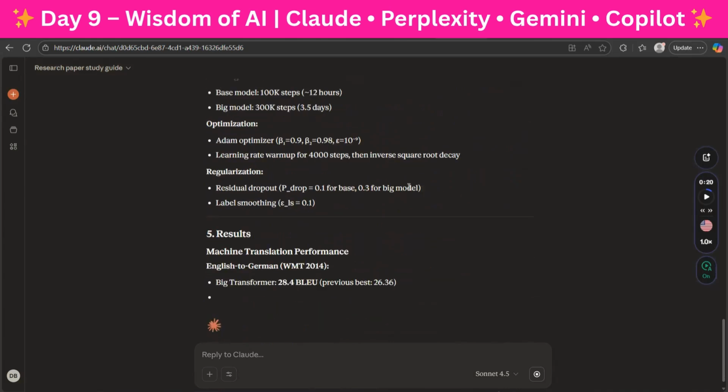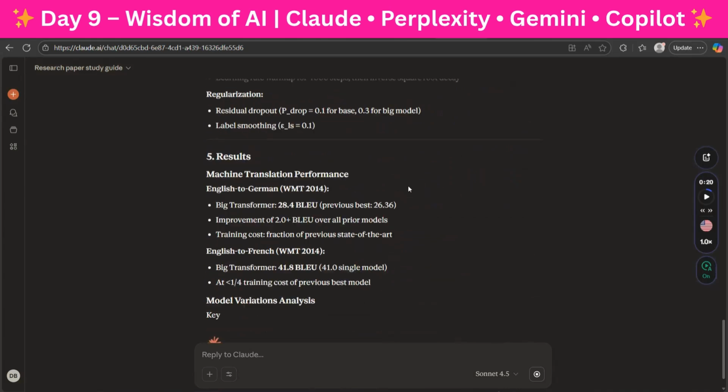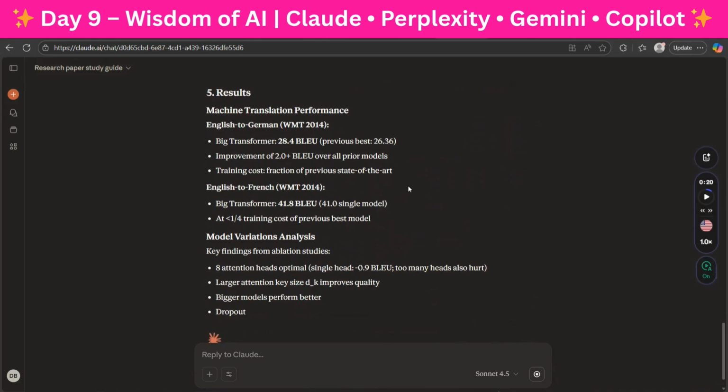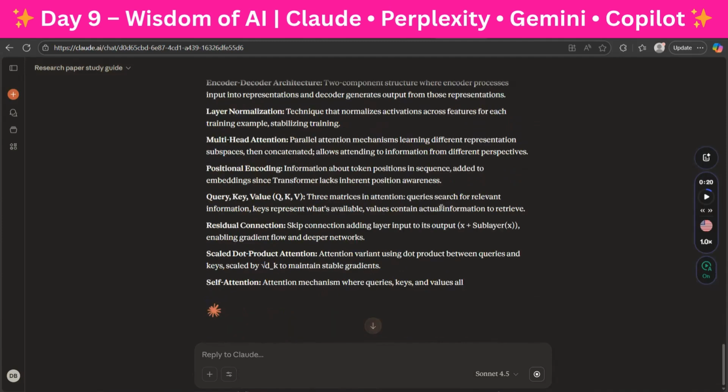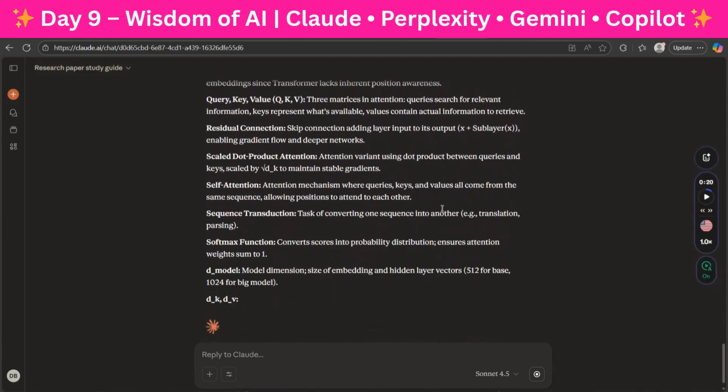All these things, and the final results, are also displayed. If you have a research paper and you're finding it difficult, or even otherwise if you want to find the summary, this tool can be very useful, because it does deep reading of the content that you upload. So this is Claude for you.